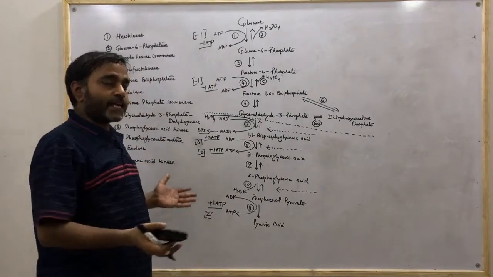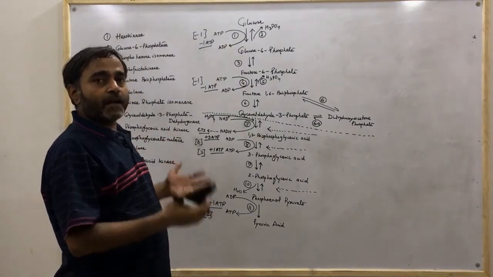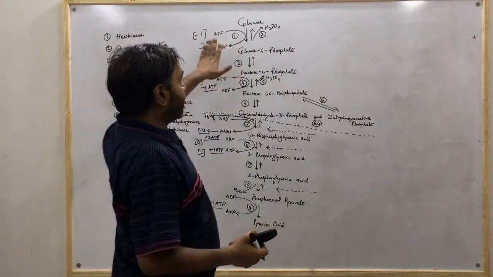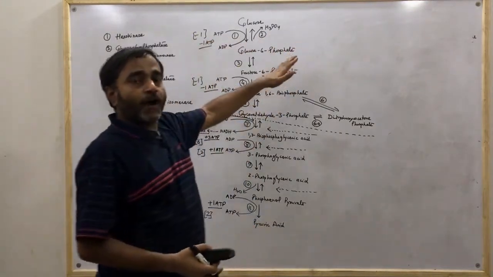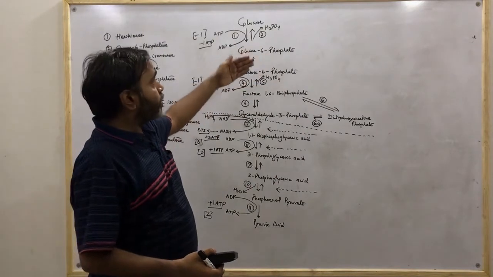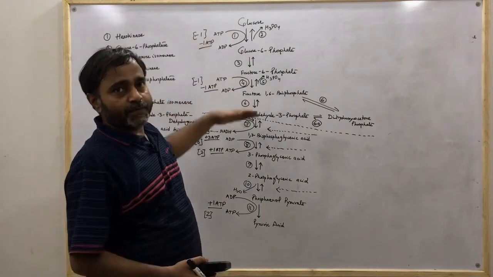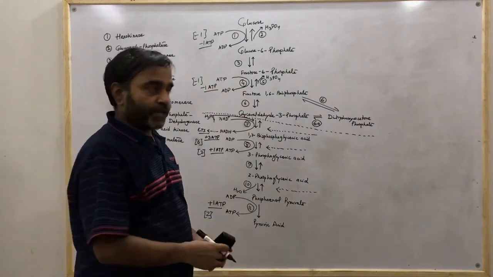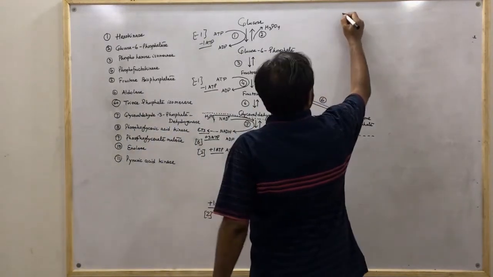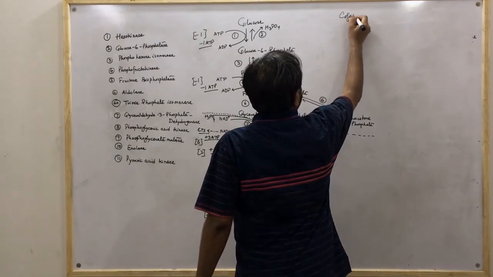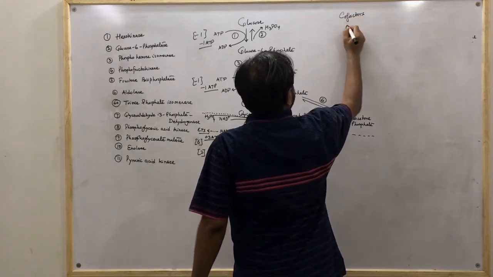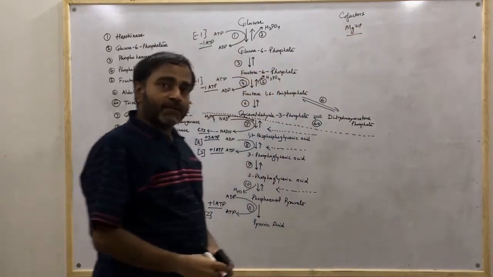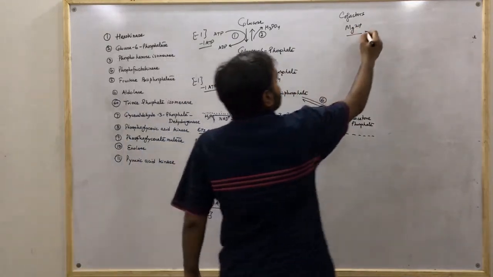So these are the entire steps whatever we have seen regarding glycolysis. And one thing more I would like to tell you is regarding the requirement of cofactors for the working of different enzymes which are there in specific steps of this pathway. And these cofactors are like magnesium, which is required for the activity of kinases.